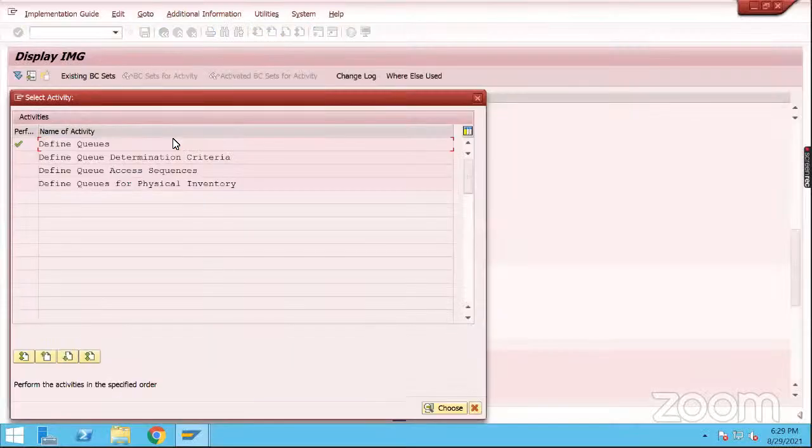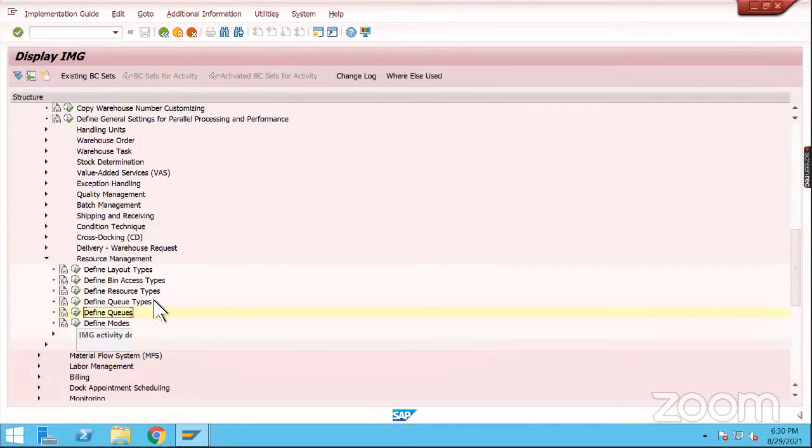Second configuration. And after these two configurations,